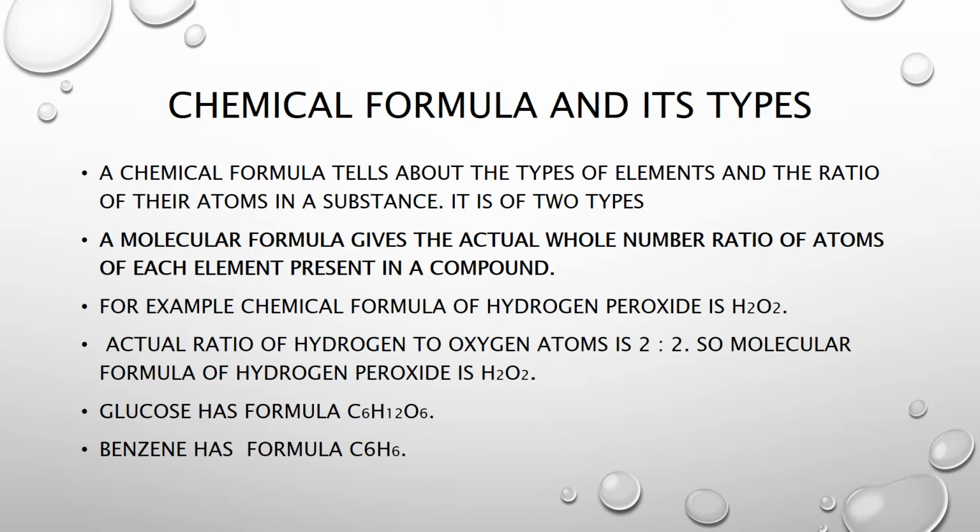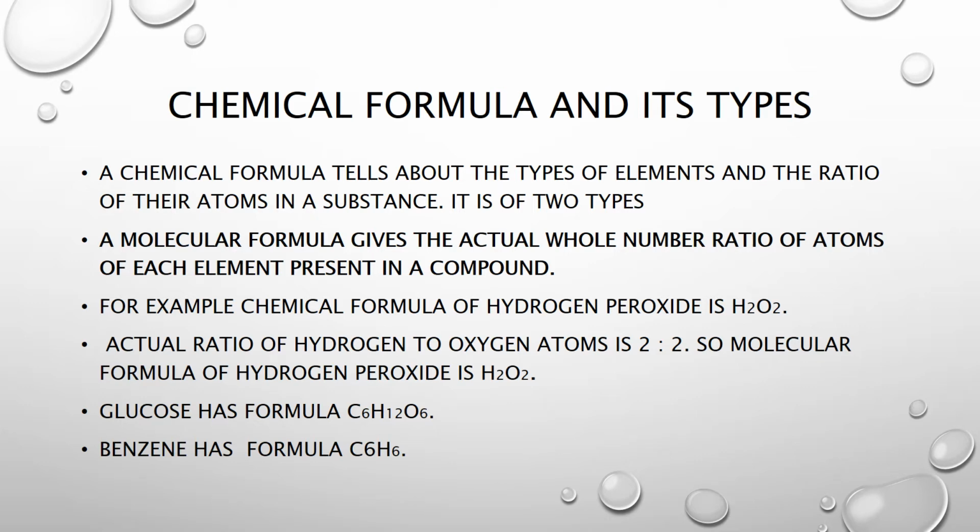Just like you can see the example of hydrogen peroxide. Molecular formula of hydrogen peroxide is H2O2. What does this formula show? This shows that hydrogen and oxygen, two elements, are present here, in the ratio of 2:2. So the molecular formula for hydrogen peroxide is H2O2, 2 atoms of hydrogen and 2 atoms of